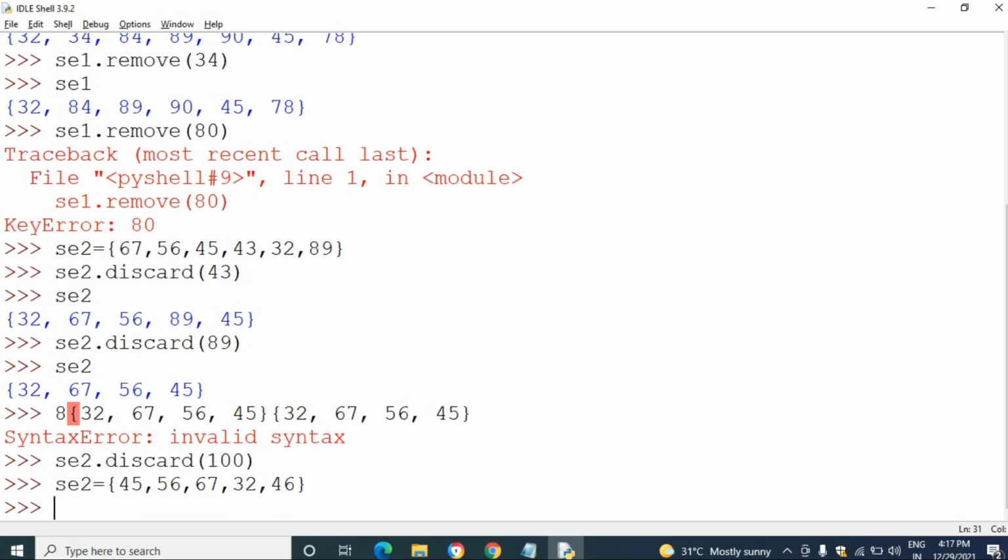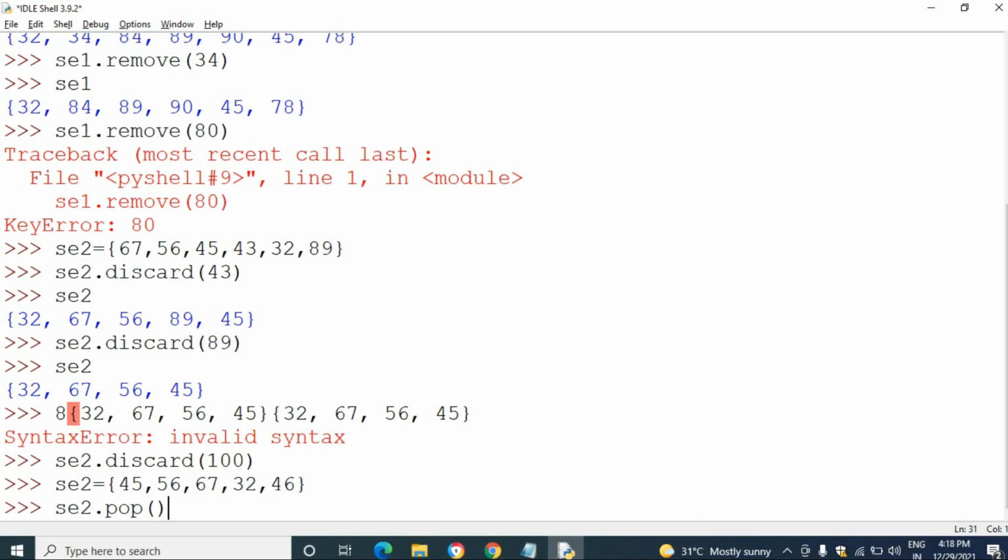46. In the list, pop means just removing the last element of the list, but in the set it does not remove the last element, because the insertion order of elements is not preserved in the set, so we can't perform item deletion. So the pop function removes the elements randomly. We can't judge which particular element will be removed. It pops out the elements randomly.